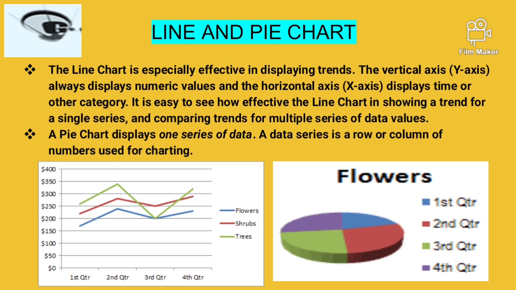As you can see, the trees grew higher in the first quarter, but the growth of trees reduced in the third quarter. So the line rose in the first and second quarter, and it completely declined in the third quarter. Then in the fourth quarter as well, it saw a hike. So this is the line chart.